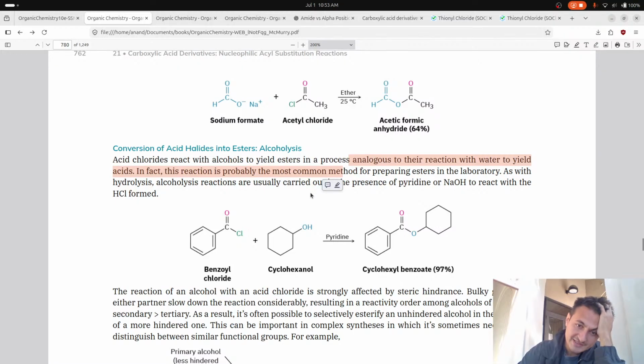Yeah, oh yeah. I mean, this is like the same thing as water. This is the most common way to prepare esters in the lab. As with hydrolysis, alcoholysis reactions are usually carried out in the presence of pyridine or NaOH to react with the HCl formed. Okay, so